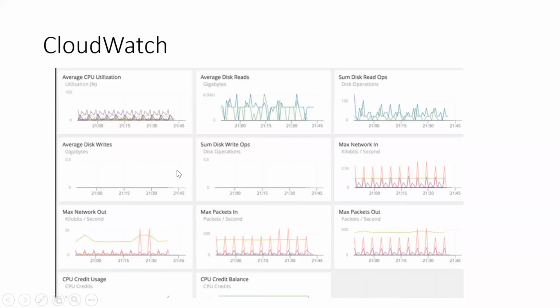This kind of thing you can directly check in CloudWatch. It's one of the components available for every account. No need to launch it as a product. Just type CloudWatch and press enter in the search box, and it will open CloudWatch for your account.